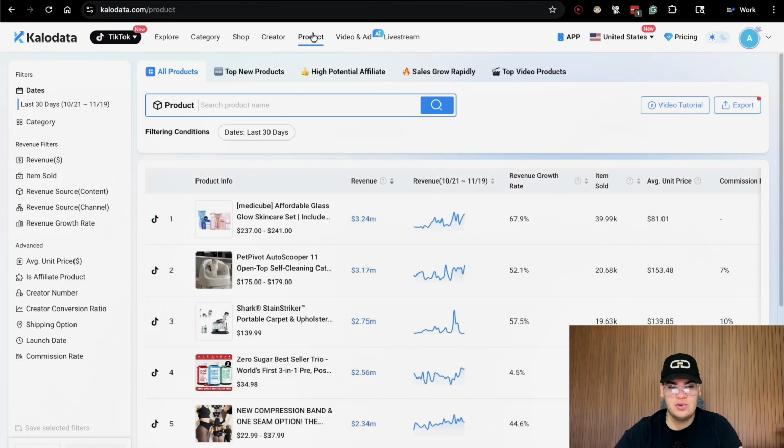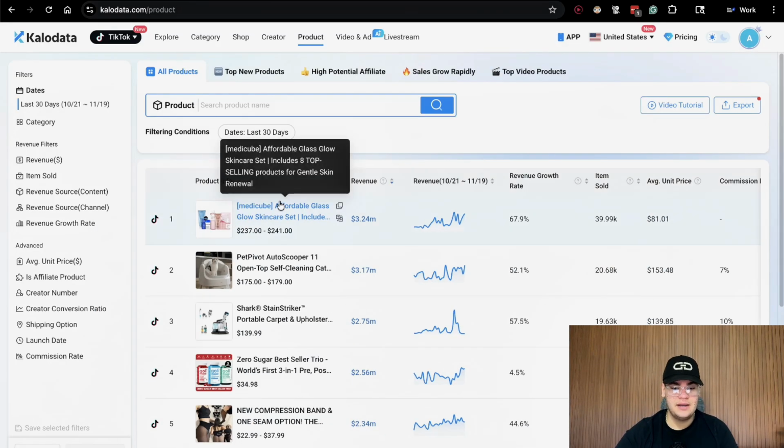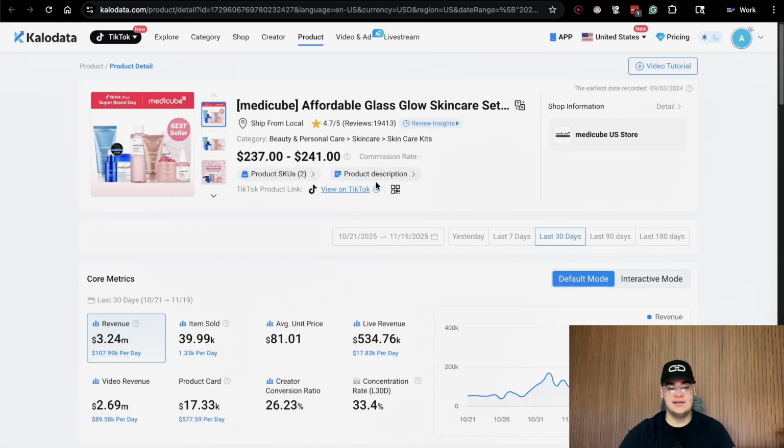Now let's go over to product. So this is probably, well, yeah, for sure, 100% the tab that I use most. We can see all of these brands right here. Medicube is a very good brand, and one thing that's very particular about them is that they started selling their product at